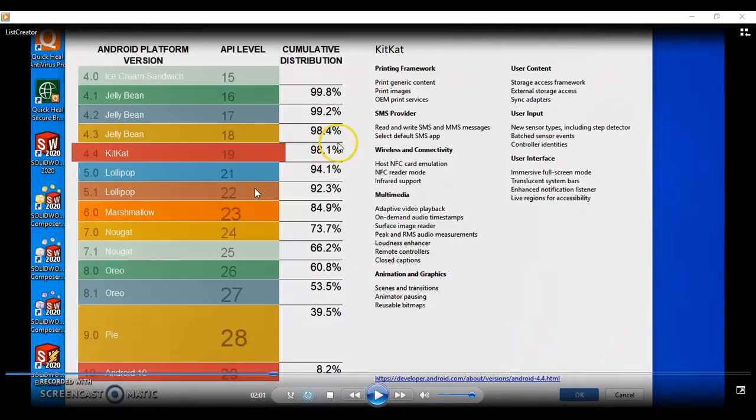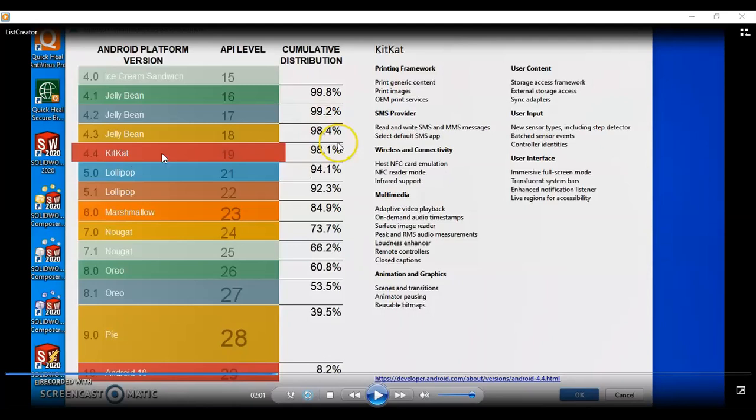If you select Android with API level 29, it will support only 8.2% of total available devices worldwide. But by default Android 4.4 KitKat has been selected with API level 19, which supports most of the devices worldwide, that is 98.1% of devices.